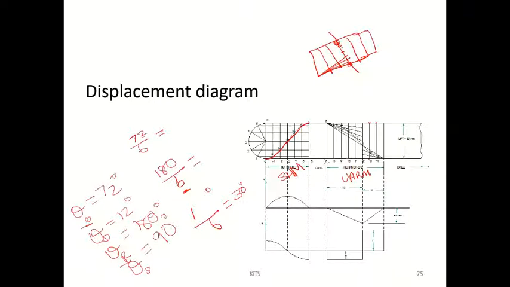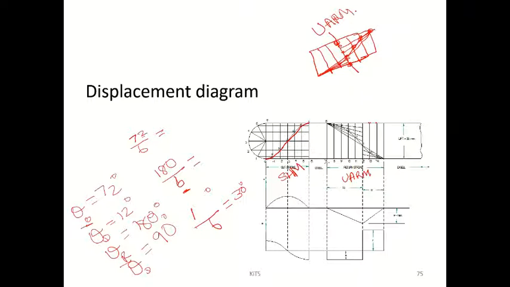Top point to top line. See, from the bottom point, I have drawn 3 lines to these 3 points. From the top point, I have drawn 3 lines to these 3 points. Now, first line and first line, second line and second line, third and third, fourth and fourth, fifth and fifth. Where the lines cross, based on that, you have to draw the curve. Okay, this is for UARM. You have to do like this.